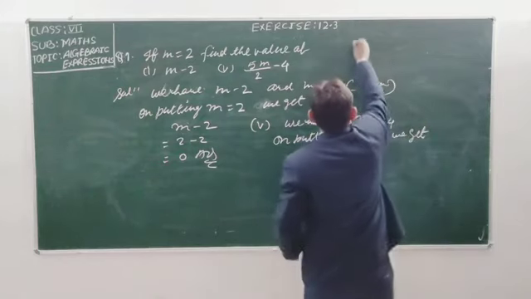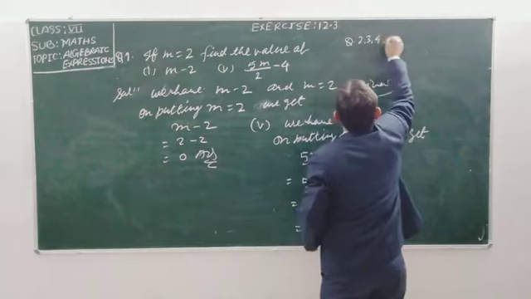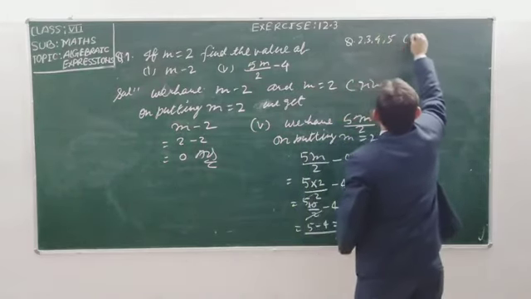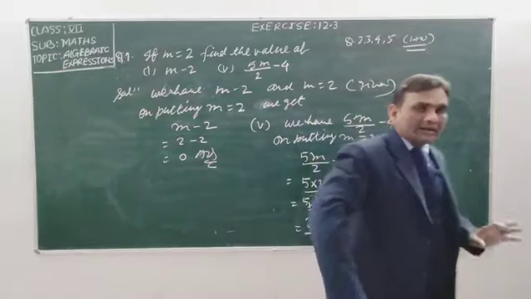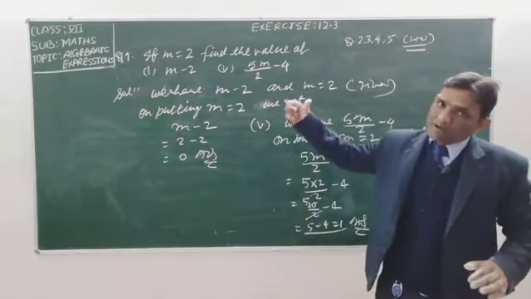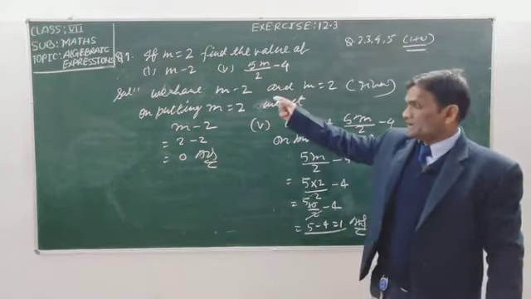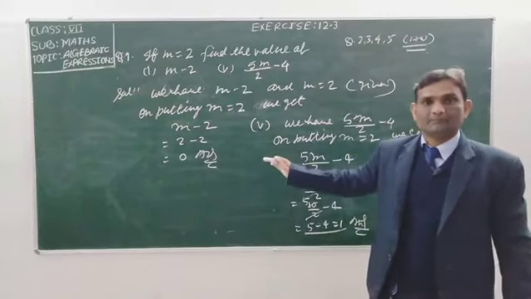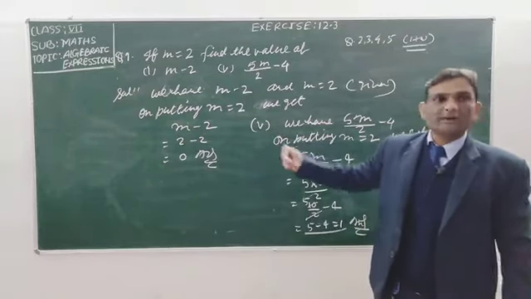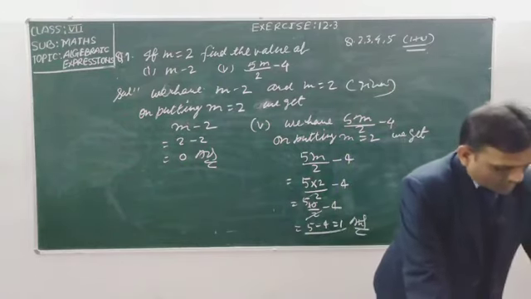Means question second, third, fourth and fifth is your homework. ये आपका होमवर्क है, आप करेंगे इसको एज सेम. सिर्फ आपको वेरिएबल का वैल्यू पुट करना है. वेरिएबल का वैल्यू जो दिया है उसको पुट करना है. कहां पर करना है? एक्सप्रेशन में. और उस एक्सप्रेशन का वैल्यू आपको फाइंड आउट करना है. So, only need to calculate, student.